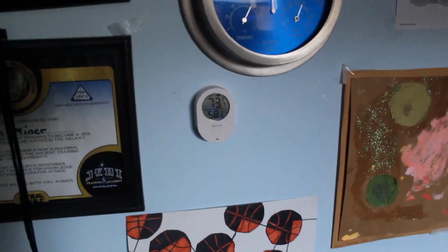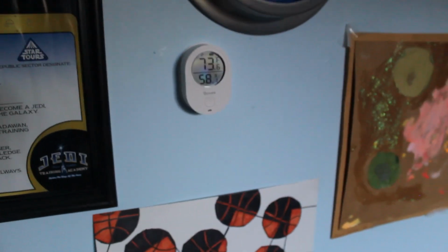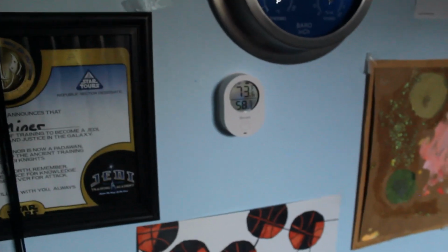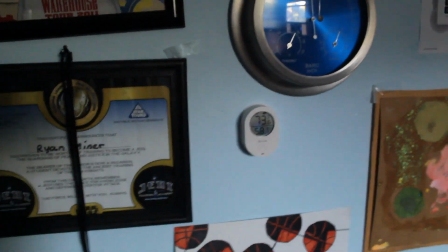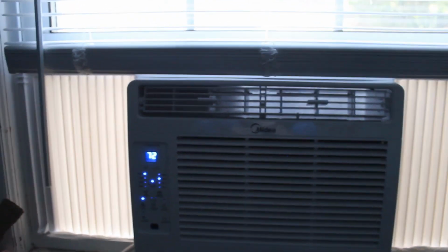You see that one already dropped another 0.2 of a degree. Humidity is really starting to go down. Yeah, you can see it's plummeting, both values decently now. I can show you some graphs later on. And over at the AC, feels nice and cold. Very relieving when it's 80+ degrees outside to be able to come into a room where